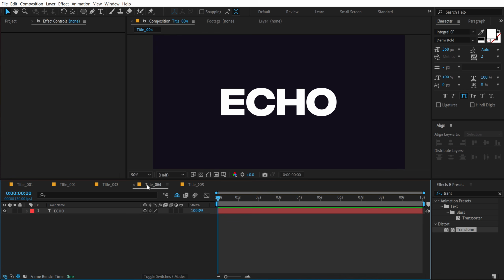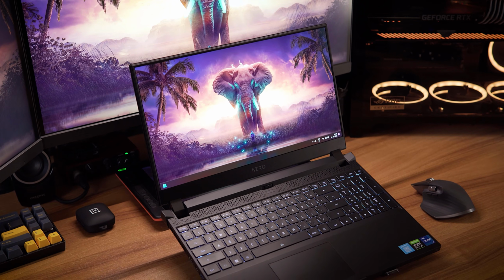Now let's jump to the fourth animation, which can be a bit heavy on the system. Now for the next animation, we will need to enable motion blur, which can be a bit heavy on our system, but because I have Aero 5 with me, it can handle it with ease, as it comes equipped with